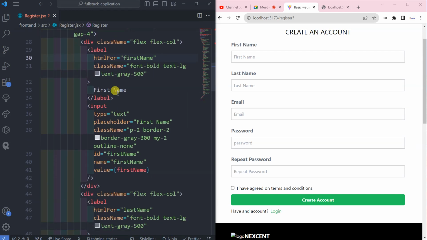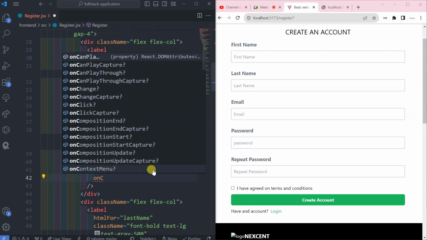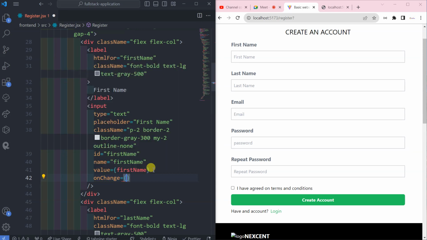So you go within the input, also within the input, go here, you say onChange. onChange, these are the special attributes within the input. So onChange, what are we going to do? We need to write an anonymous function, a function that doesn't have a name. So we pass this parenthesis, which is part of this one. We use event, which is simple e, because by default it has that one. Pass the arrow function, because we are not putting the name of the function here. Then with that one,